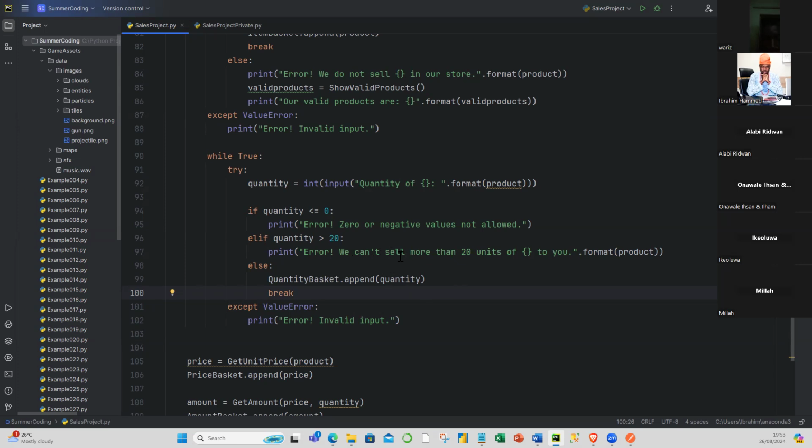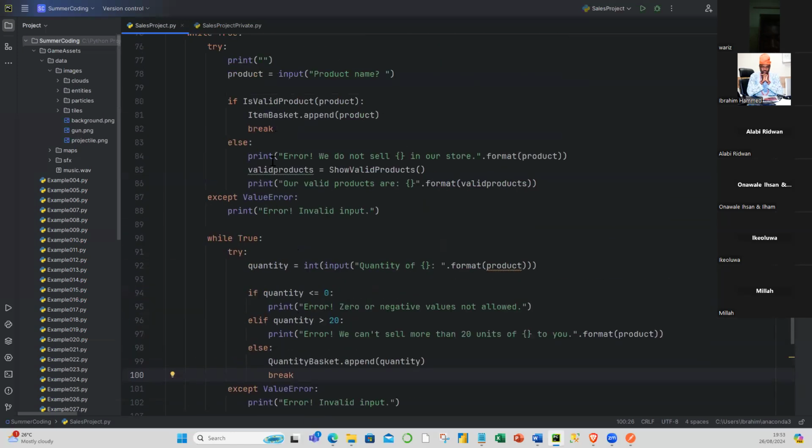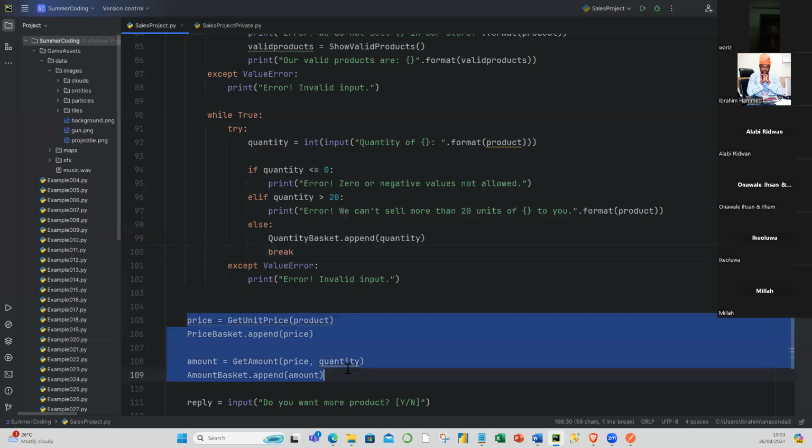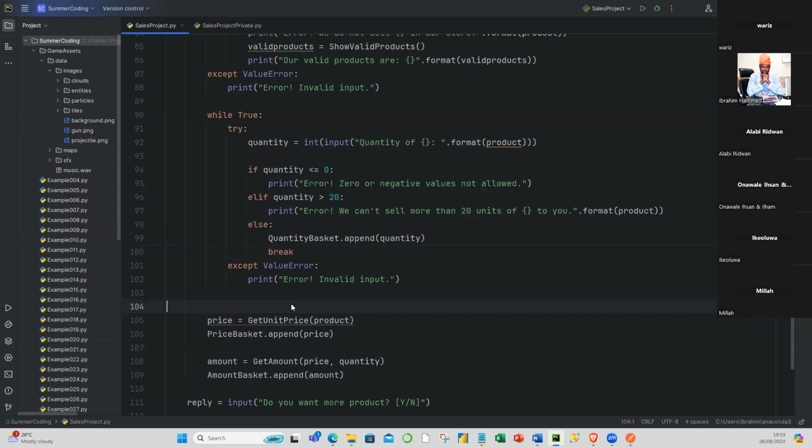So once the quantity is validated, it will be added to the quantity basket. Otherwise, it will keep returning an error until you put in a valid entry. Now we have products, we have quantity. We need to go and get the price and the amount. And this is where we will do that. We will go in like this and say